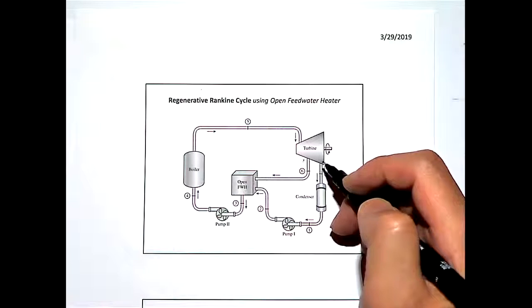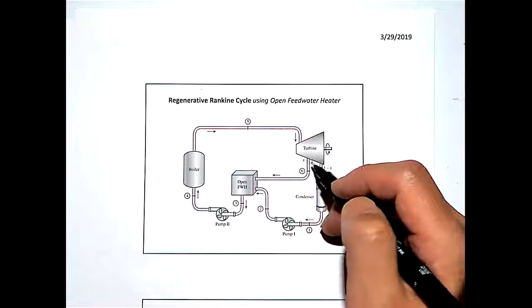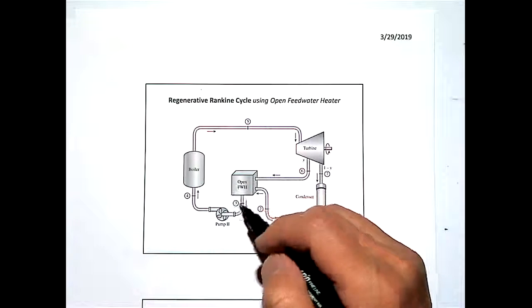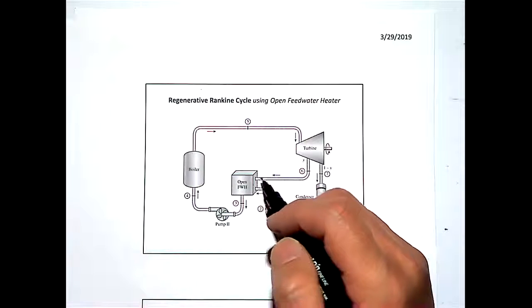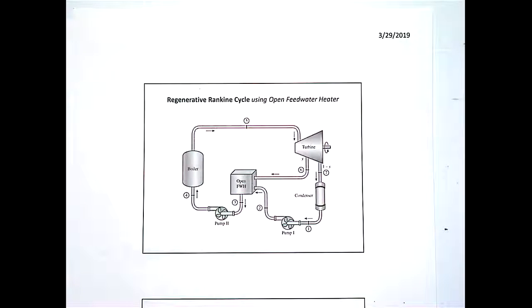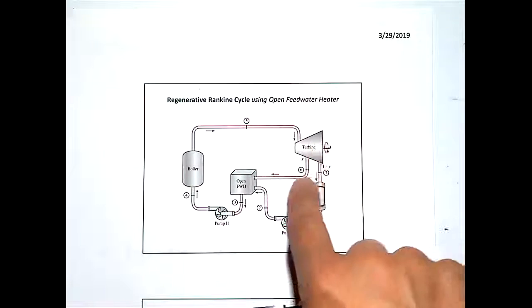Here, you do not necessarily use two turbines. You're just using one turbine and direct some of the partially expanded steam to the heat exchanger. This is an open feed water heater. It's called open because you do not use a shell-and-tube type of heat exchanger, but just a mixing box or mixing chamber. So you have the steam coming in